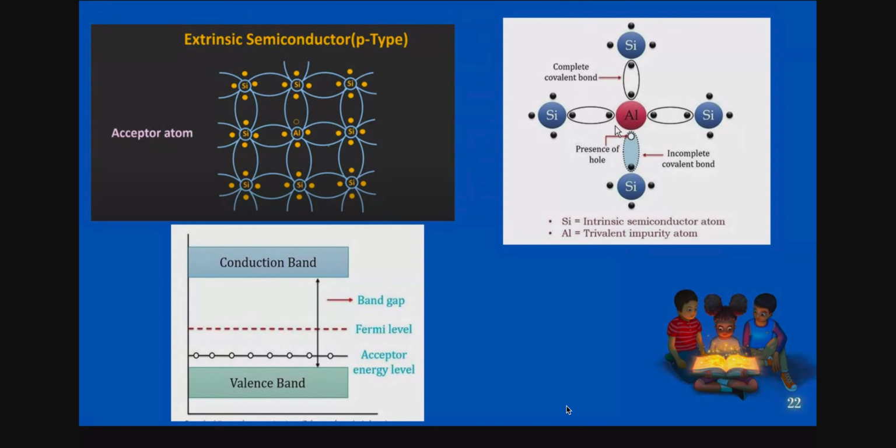So it always wants some electron to form the covalent bond with the silicon atoms. Always. So what happens here? Suppose this electron which breaks the bond comes and fills it here. Again, there is a deficiency of one electron here. Okay. Now another electron tries to occupy this vacancy. Again, that creates some vacancy here, isn't it?